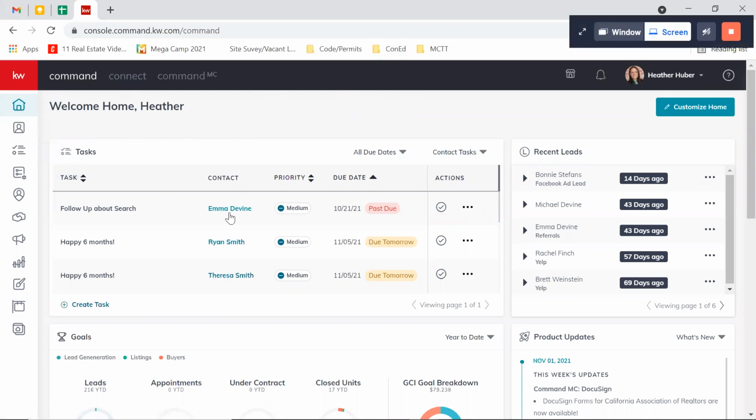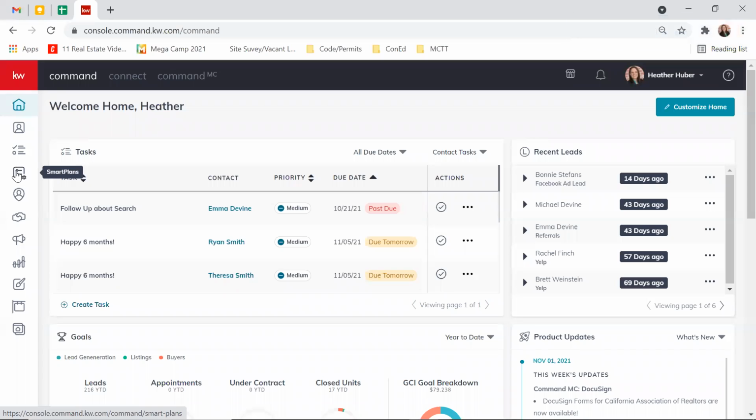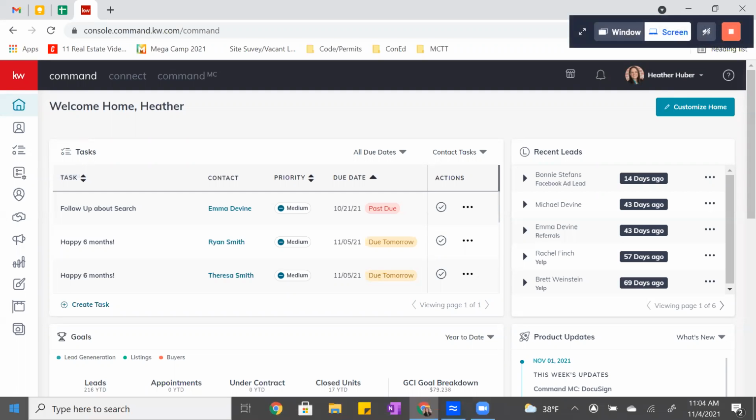So we're going to start out with Command here. And we are going to go to,